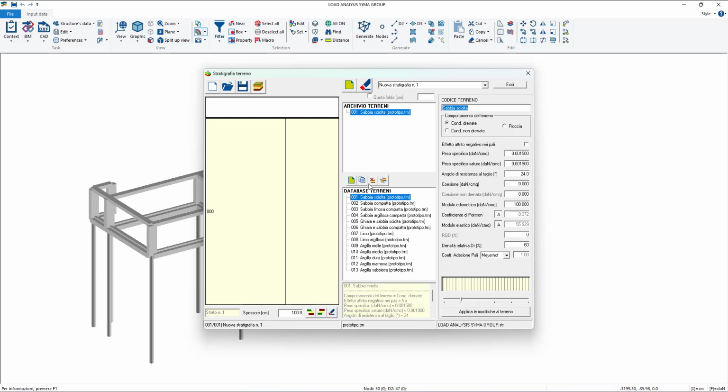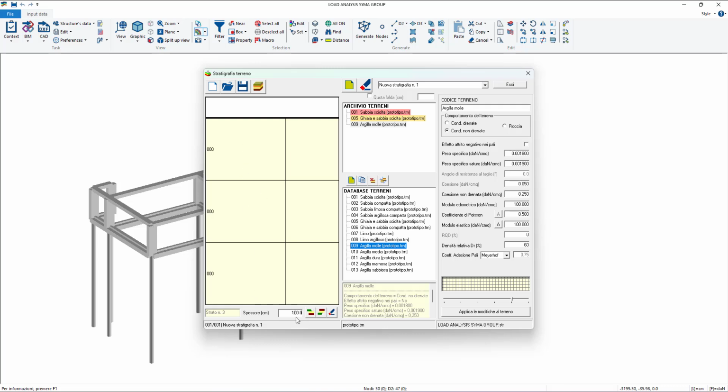So let's say that we want to use these three kinds of soils. I take them from here and move them to the top window. Now I have to define different layers, so I can add two, three of them. Selecting them, you see that there are no visual highlights, but you can read down there that we are clicking on layer number 1, layer number 2, and layer number 3.